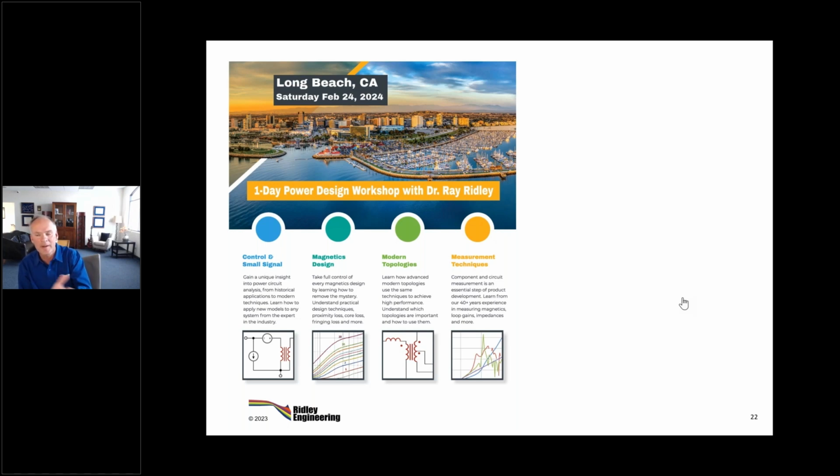We do a sweep in LTspice, or you can do it in the average models. So you can actually find the effect of proximity loss and core loss on the transfer functions, which is really interesting because nobody's ever written a paper about doing that mathematically. You can only do it in the models. So that's a really nice advantage of this approach.